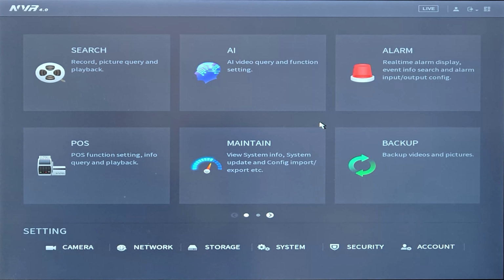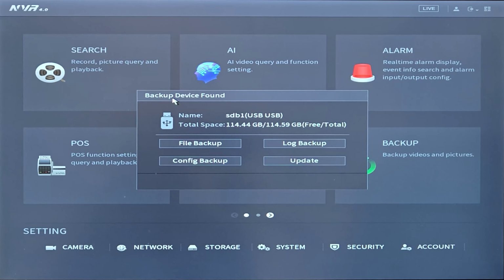What I'm going to do is get a section of 5 minutes from a recorder, put it onto the USB stick, and then show you how you get that playing on a PC. Here I am on the version 4 firmware for a recorder, and I'm going to insert the USB stick into the recorder now, and it should show a prompt on screen. There we go. So you can choose a few options if you know what you're doing already, but I'm going to